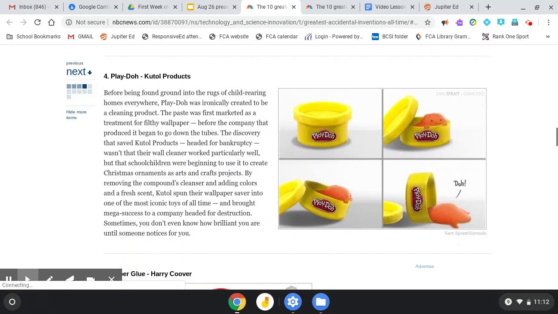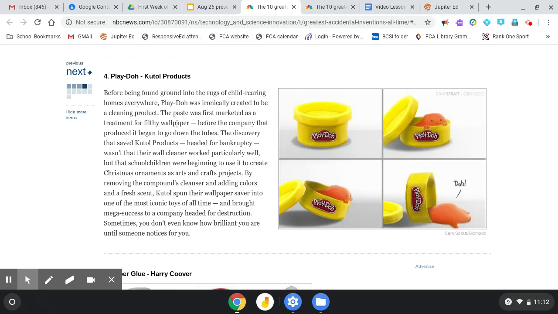Okay. I'm going to do two more here. Play-Doh, which was invented by Kutal Products. Before being found ground into the rugs of child-rearing homes everywhere, Play-Doh was ironically created to be a cleaning product. This paste was first marketed as a treatment for filthy wallpaper, before the company that produced it began to go